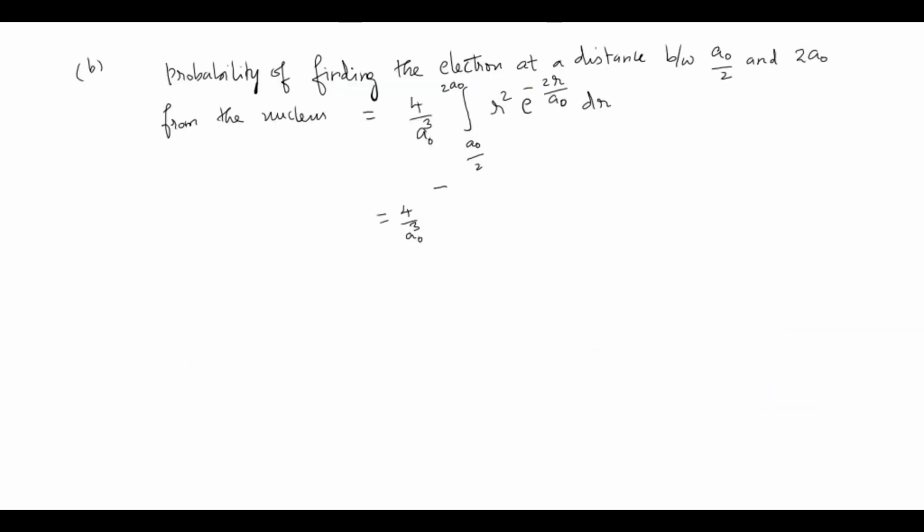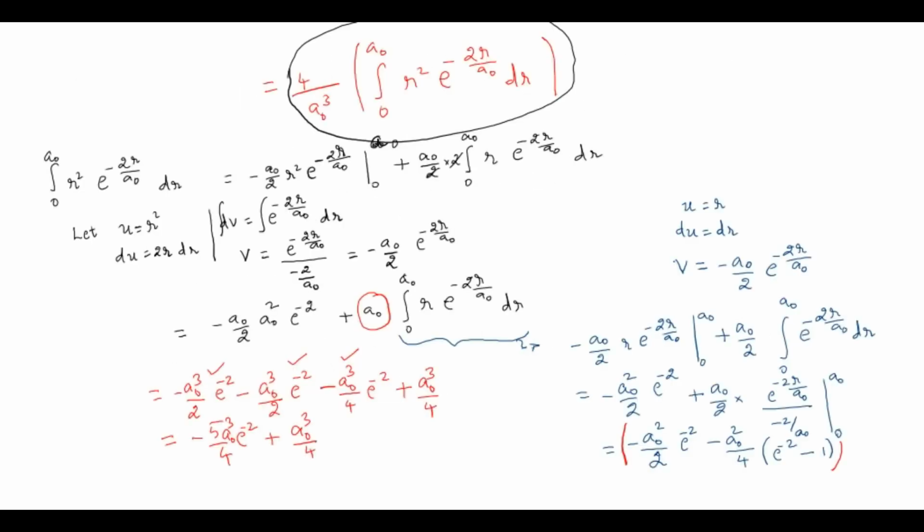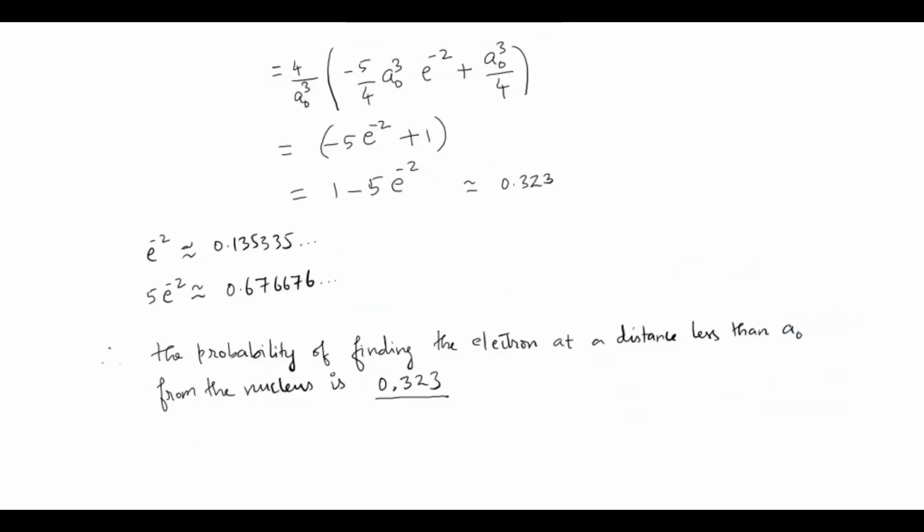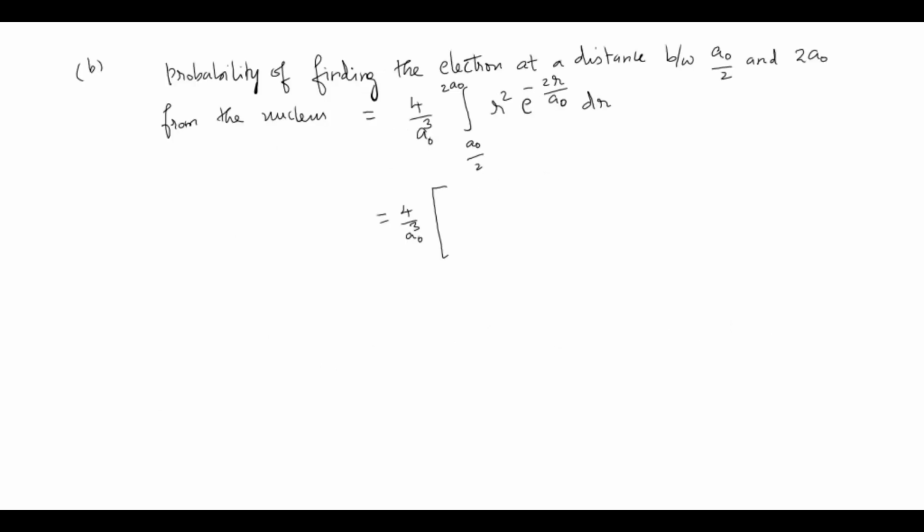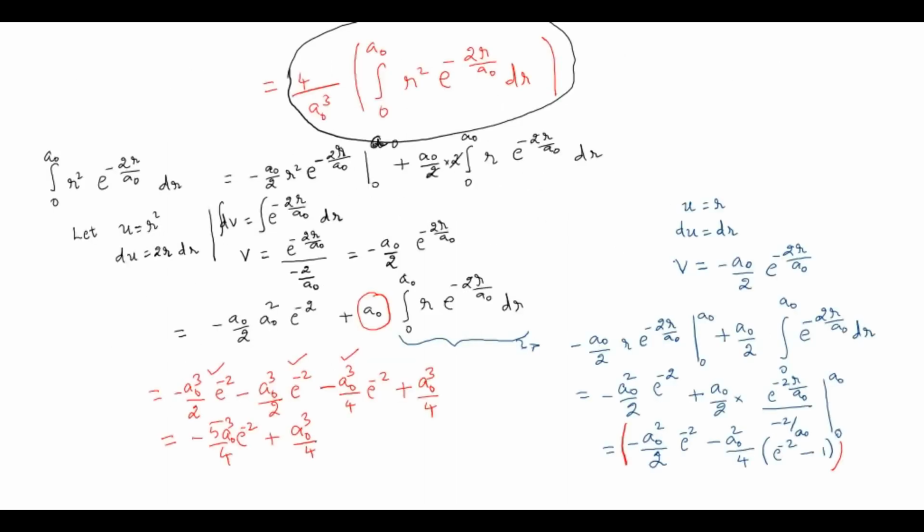The first one is minus a naught by 2 r square times this, so minus a naught by 2 r square e power minus 2r by a naught. Now the limit is a naught by 2 to 2 a naught, minus upper limit. So this part will become a naught, okay, so a naught times